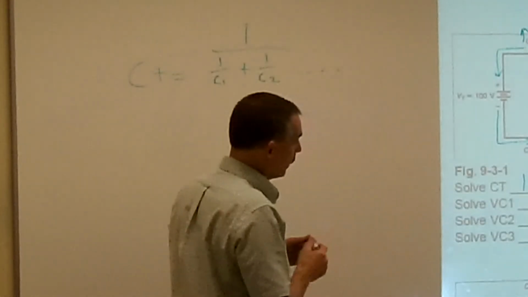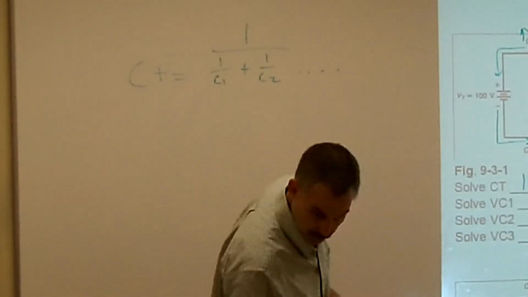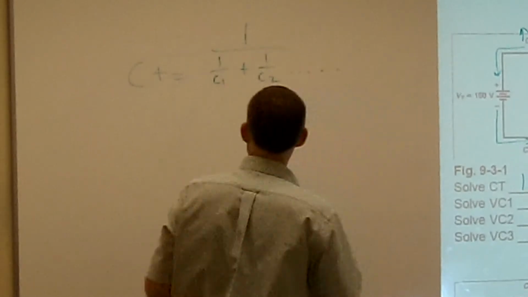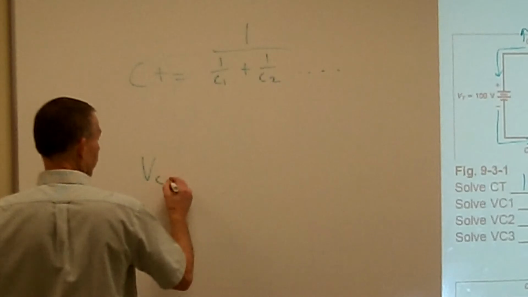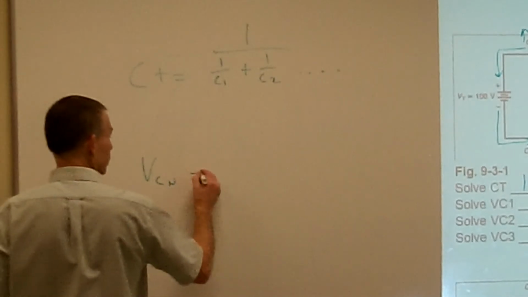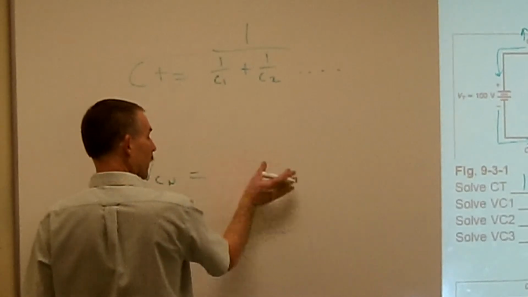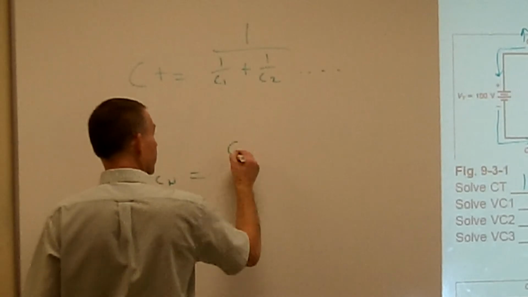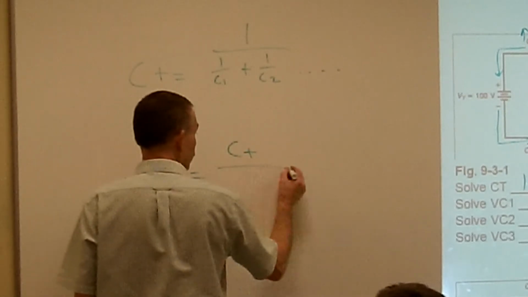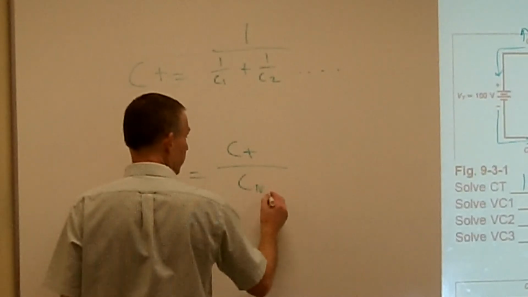of voltage. So to calculate your voltage drops across your 3 capacitors, you can use the formula at the bottom of page 403. Basically it's just our voltage divider formula. Our voltage of a certain capacitor is equal to, now it's a little bit inverse from what we used on our other voltage divider formula. Here we're going CT over whatever capacitor number you're looking at,